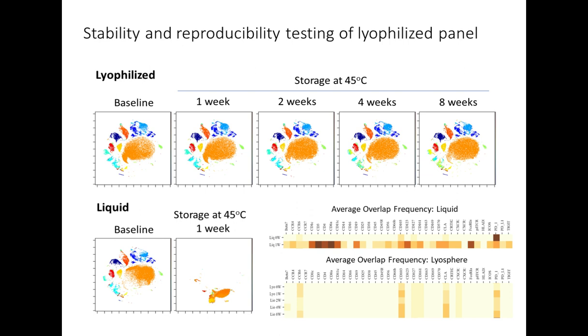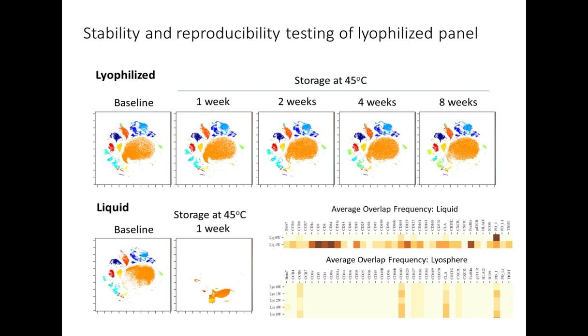So you can see up top we have our lyophilized panel, and it's being either stained fresh or it's been stored at 45 degrees Celsius for up to 8 weeks. And you can see that for that entire 8-week period, we're getting broad preservation of the antibody staining profiles, despite stressing this panel to a pretty significant extent. And if you contrast that with a conventional liquid panel at the bottom, you can see that even a single week at 45 degrees pretty much means that most of the antibodies in the panel are toast,